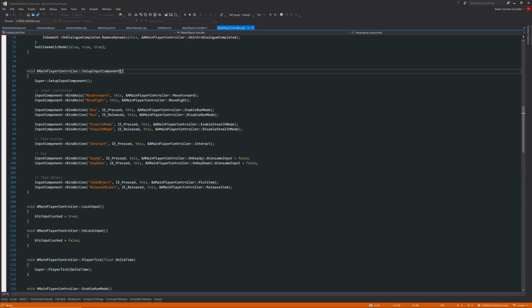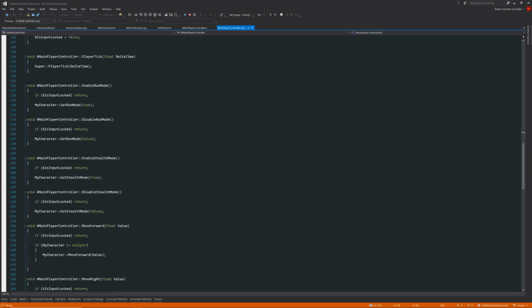If I go to the SetupInputComponent on the main player controller, this is where you hook up the input from the project settings with the functions. I have BindAction, one and the other one. I use TakeObject, the same name as the input in the project settings, and ReleaseObject. And I'm using this PickItem and ReleaseItem pointing at these elements. If we go to PickItem and ReleaseItem,